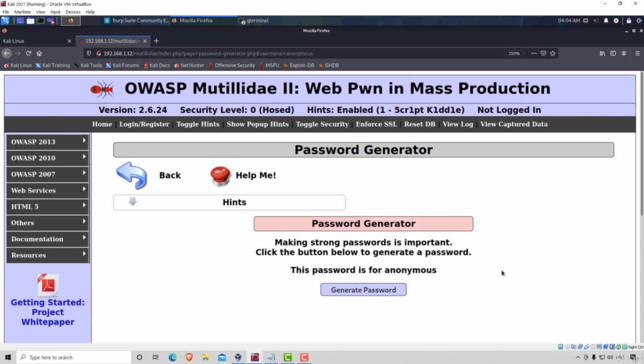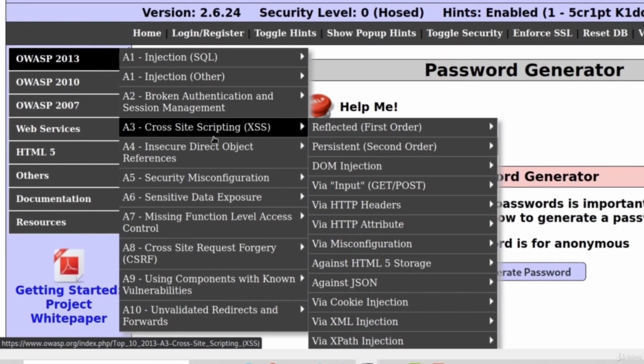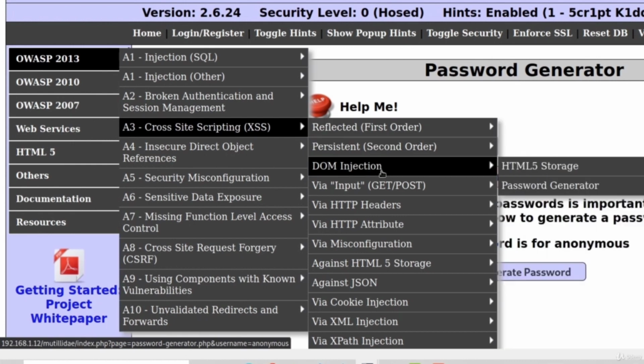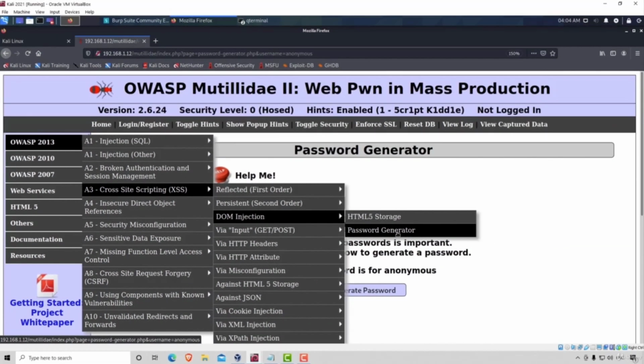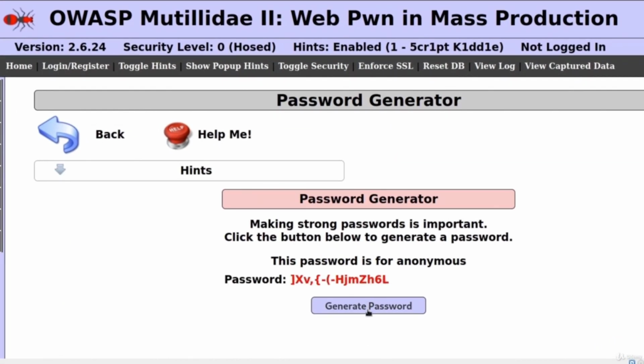Now let's navigate to the password generator in DOM XSS vulnerability. You can do that by going to OWASP, then navigating to cross-site scripting, and under the DOM injection, you want to select password generator. And this password generator, once we click on this simple button, generates a random password every